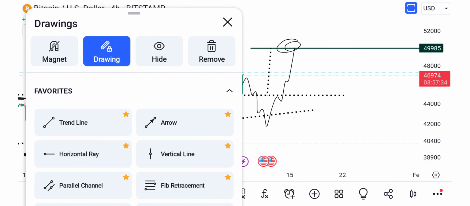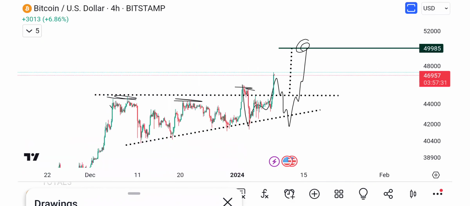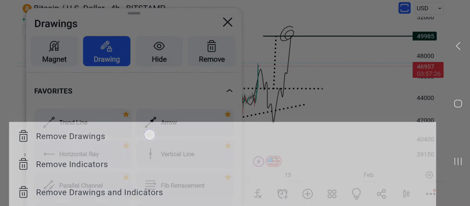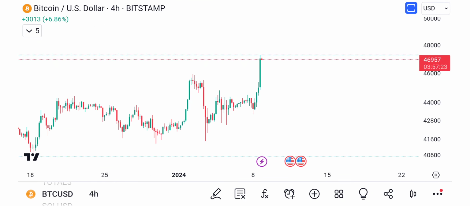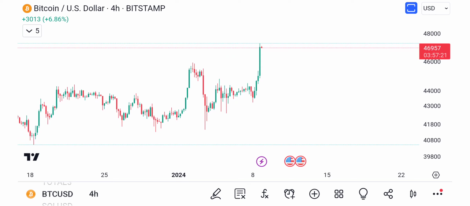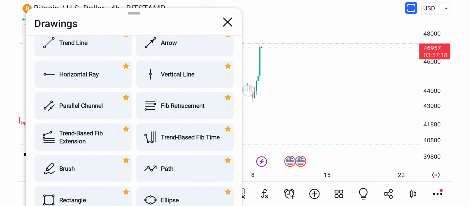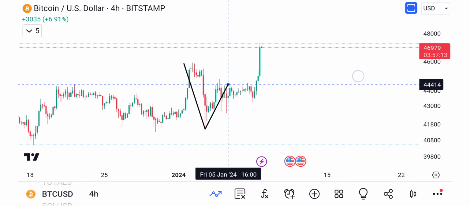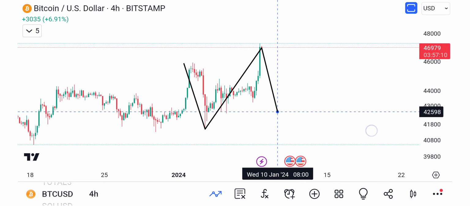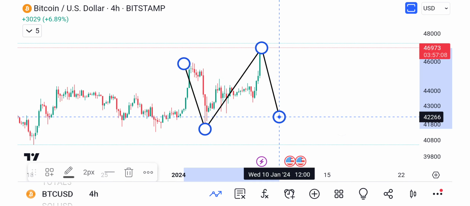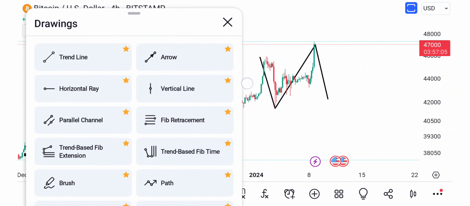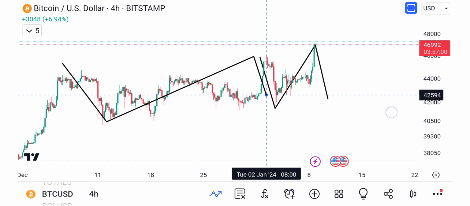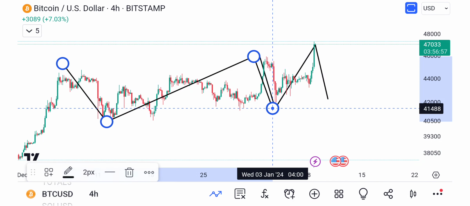So let me take that off the screen and I'll draw it again. But before I do that, there's the ascending triangle right there, right? So we could potentially have another flat working out here. And basically, that would be an A, right? And this is B. And then we come down for C, right? Just like we did the last time, right? A, B, only it was a running flat. It was a bigger flat too.